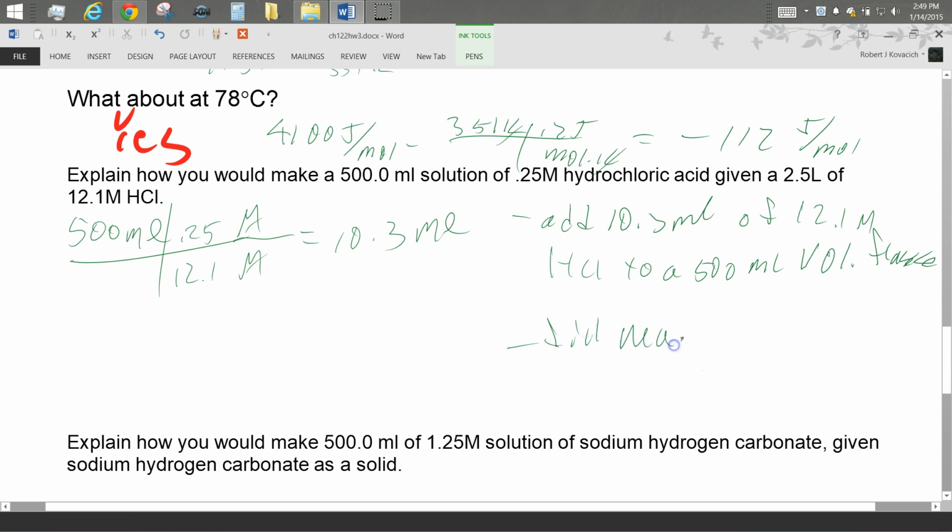Fill near line with water, and then fill to line with dropper,